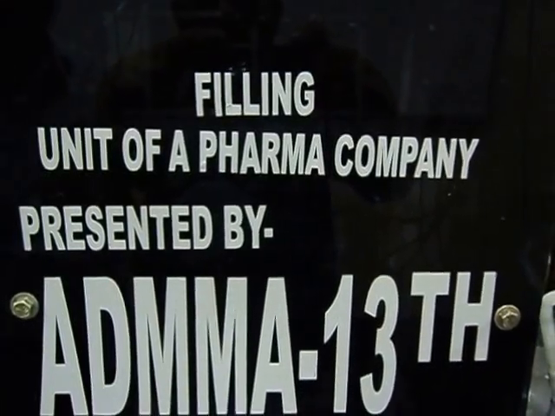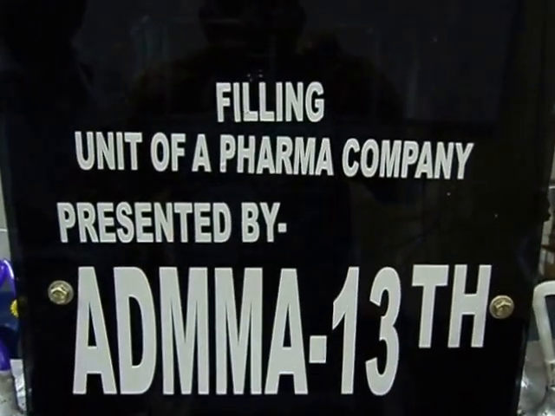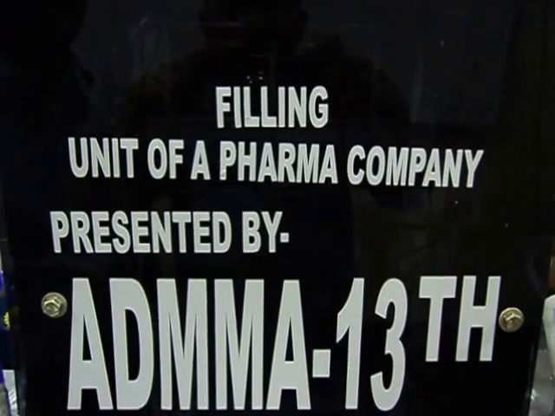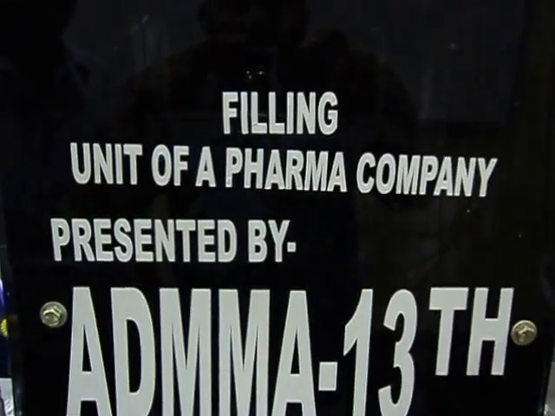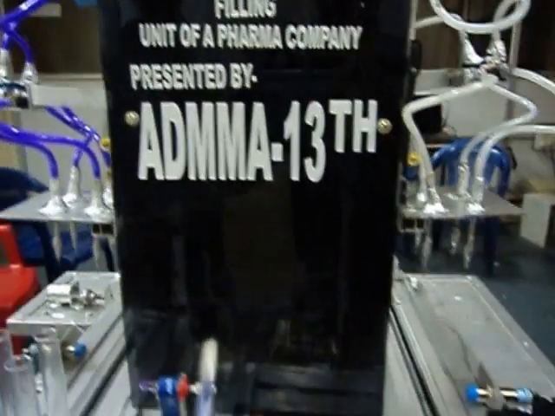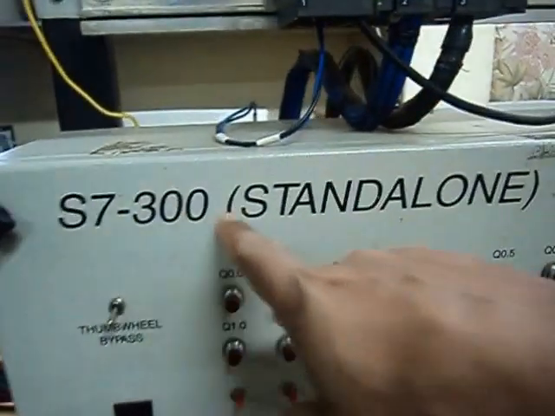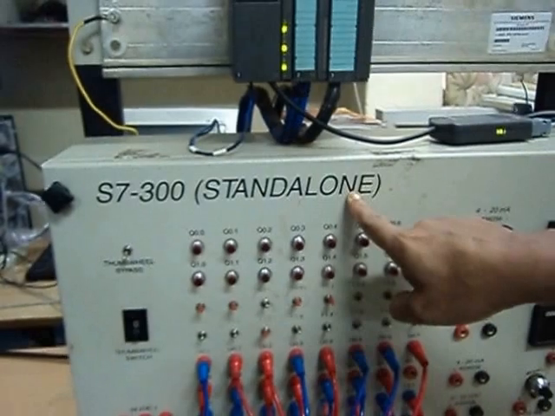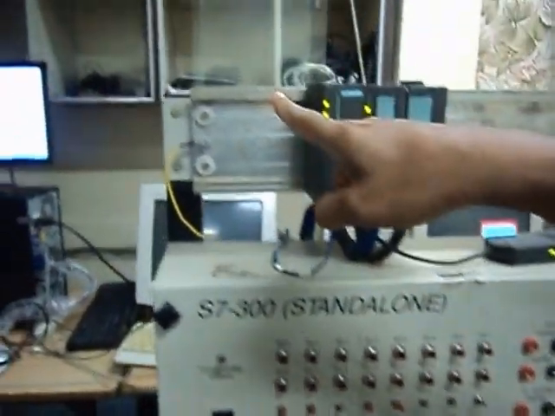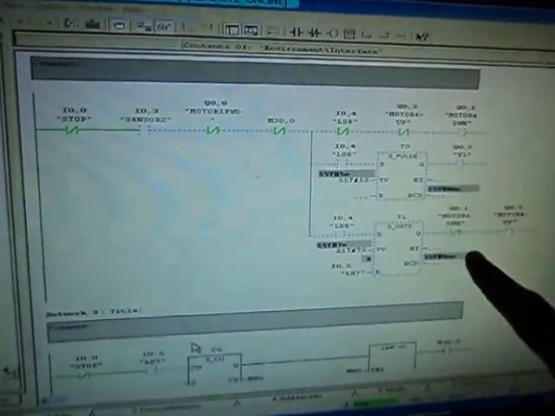We are the students of ADMMA 13th batch, CTTC Bhubaneswar, presenting a project using PLC named filling unit of a pharma company. Here we have used Simatic Manager software with a Siemens PLC. Our PLC is this S7-300 standalone PLC, through which we have written the program on the personal computer, and in that computer this is our Simatic Manager software, and this is the program we have written